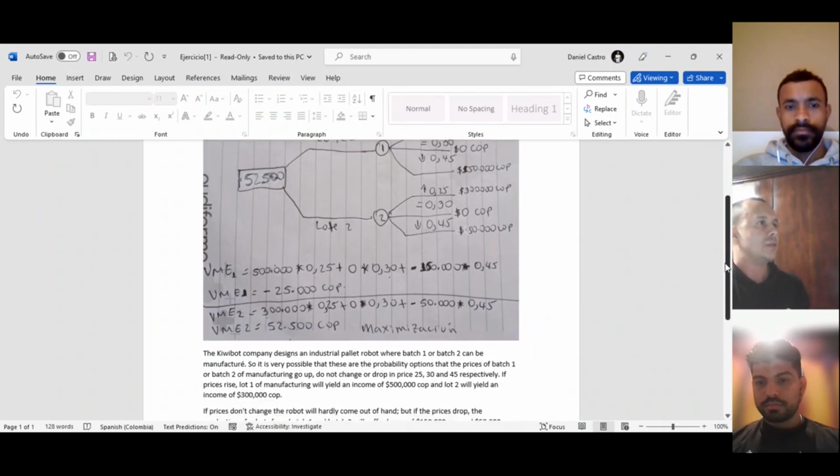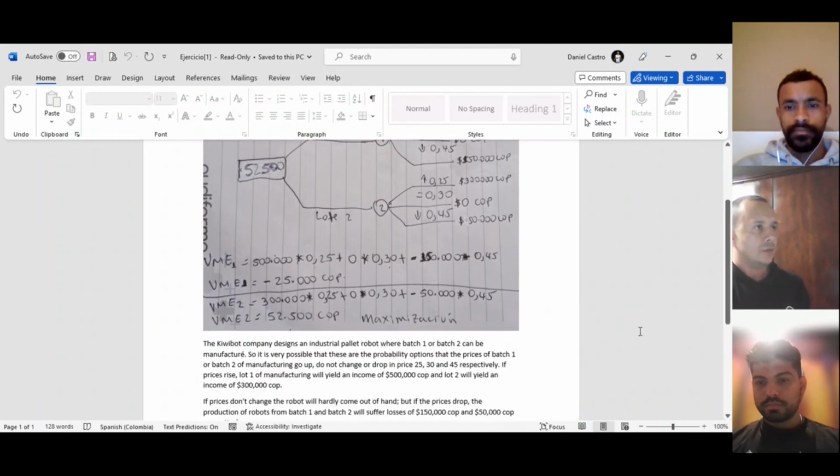The probabilities are: the price rises, 0.25; stays the same, 0.30; or decreases, 0.45. Another characteristic of the event nodes is that the branches